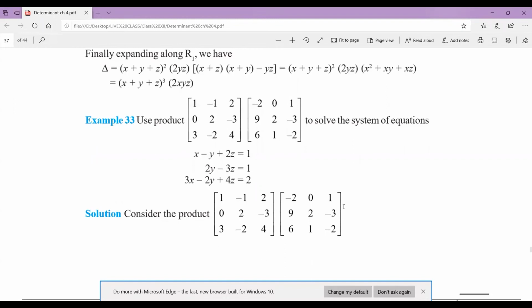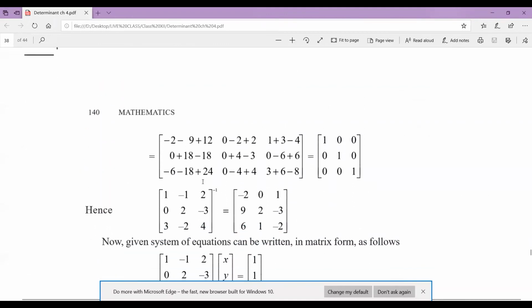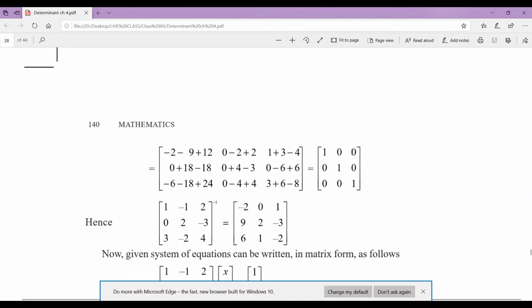After finding the product, we will get a different matrix, like you can see here. We are getting an identity matrix. Okay, now we have this identity matrix, and we have A into B is equal to this I, right? A was a matrix, B was any given matrix that is not related to our concept.